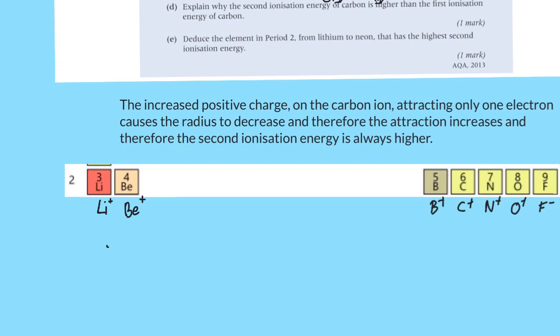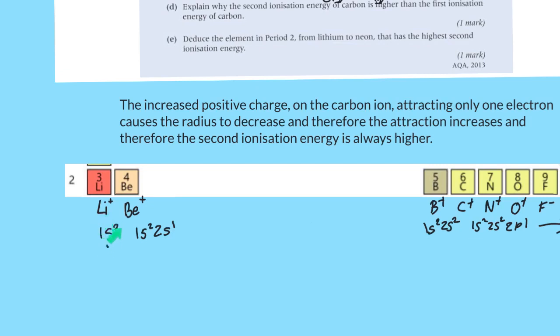So first of all, lithium was 1s2, 2s1, but now its electron arrangement is 1s2 only. Beryllium's outer electron arrangement is 1s2, 2s1. Boron is 1s2, 2s2. Carbon is 1s2, 2s2, 2p1, and so on. As you're going across, electrons are starting to fill the second energy level. However, the only element whose electrons are appearing in the first energy level is lithium,